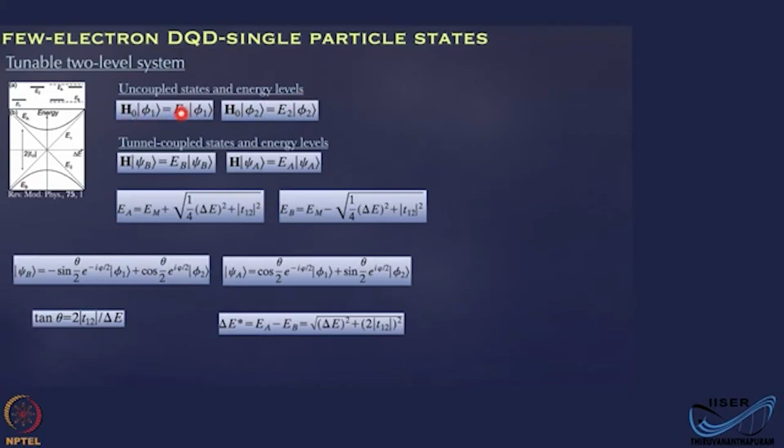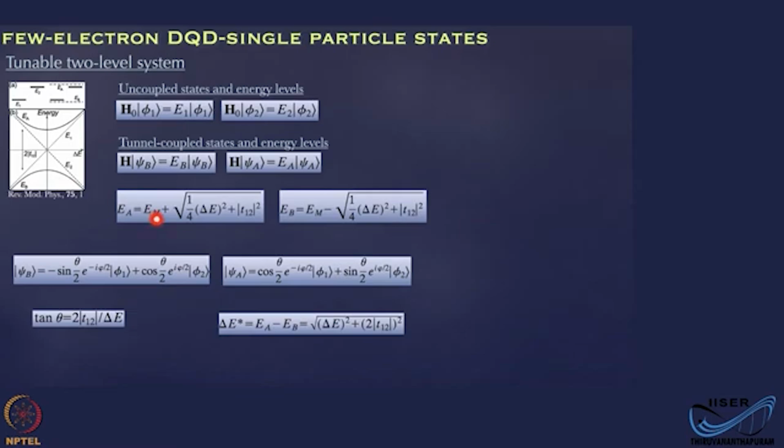H0 will have an eigenvalue of E1 for the phi1 state, and E2 for the phi2 state for the uncoupled system. So we can think that these two dots are far away. They are not coupled. When you bring them together, the resultant wave functions are represented by psi A and psi B. Okay. So these are the wave functions, and these are the new energies EB and EA, where those are given by